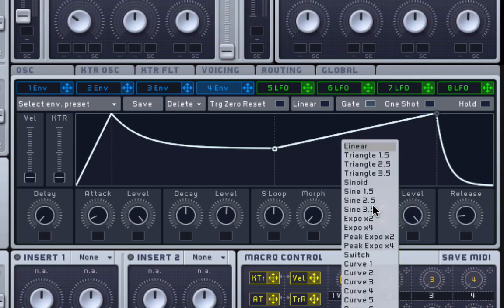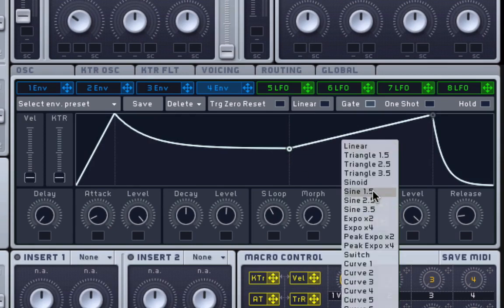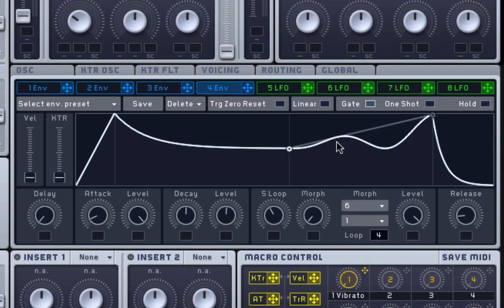So in this morph section, you can select any one of these drop-down options, and these are different shapes of that loop ramp. You can keep it linear like it is now, and you can click on the graphical display and move it around, and that will change your parameters. Or you can select, for example, your sine, and that'll give you a sine wave. The white line is the forward motion. The gray line is the reverse